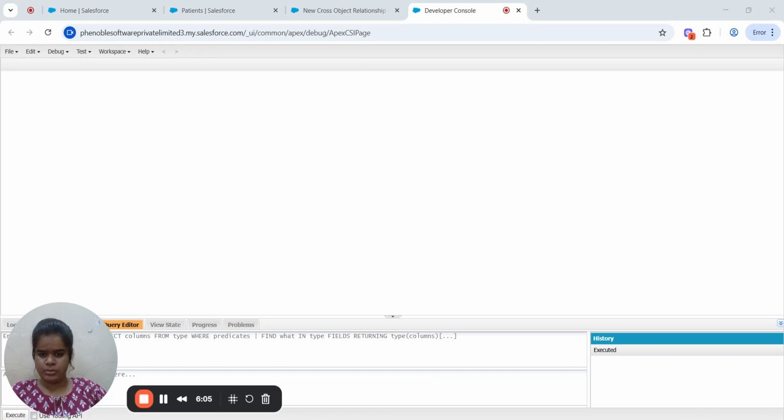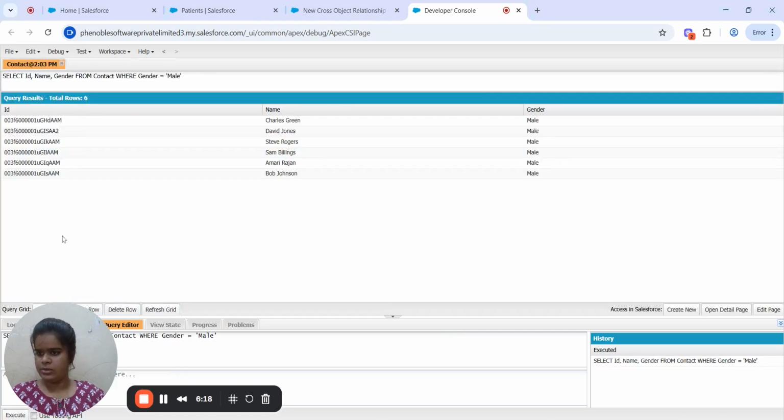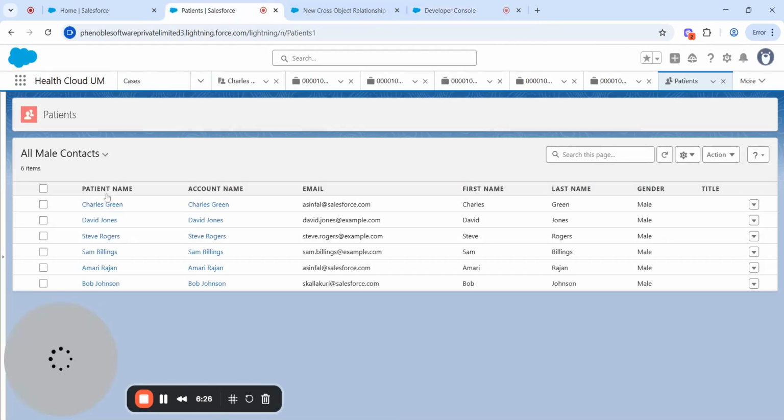I'm going to run the SQL query to ensure the list is showing correctly. Let me paste it here and execute. So the 6 items, the contacts which have this list to be shown. The 6 items, this list will be shown.